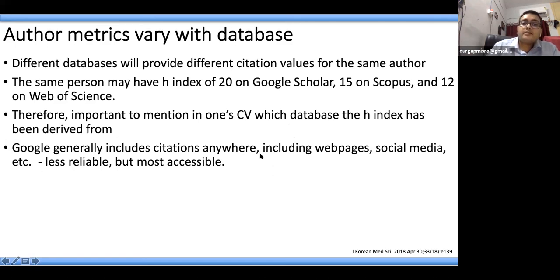Google generally includes citations anywhere, including web pages and leaflets that are accessible on the web. These are less reliable, but most accessible. Scopus generally indexes citations in journals. Your H index, I-10 index, and other metrics could very well vary depending on whether you're using Google Scholar, Scopus, or Web of Science, as shown in this example.